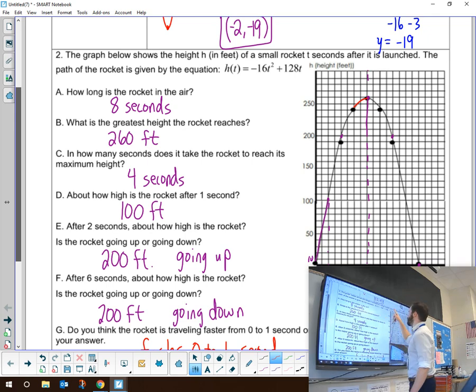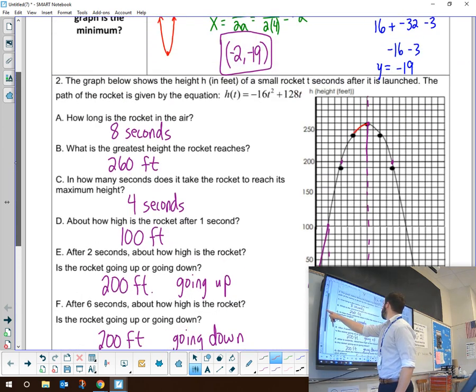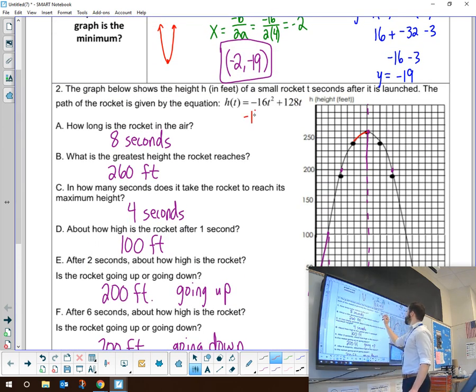To do that, we're going to take my original equation and plug 2 seconds into that original equation. So let's do that. Let's go negative 16 times 2 squared plus 128 times 2. Now, 128 times 2 is 256. 2 squared is 4. 4 times negative 16 is going to give me negative 64. And then if I add these two together, it's going to give me